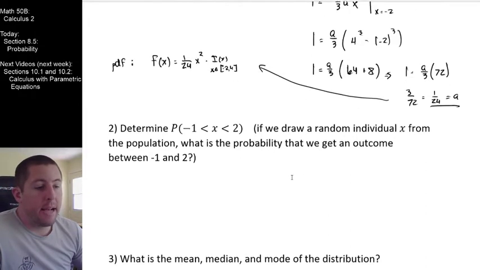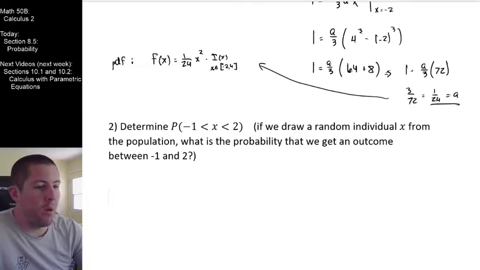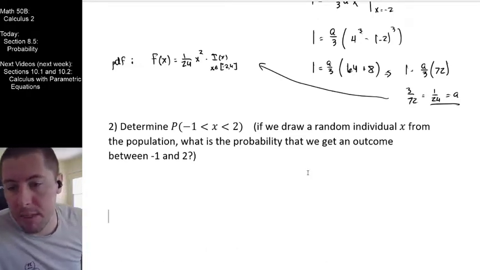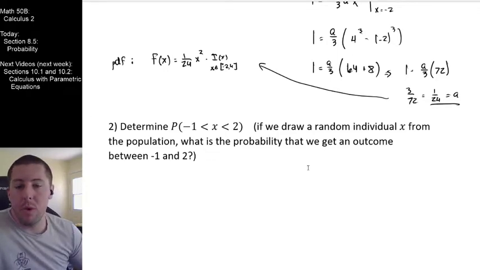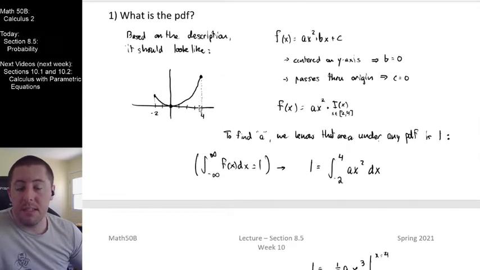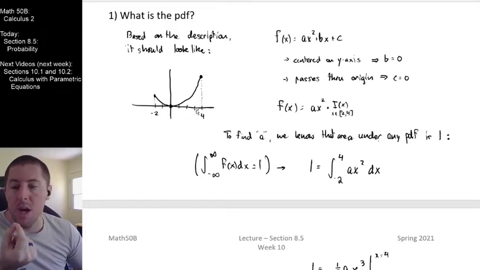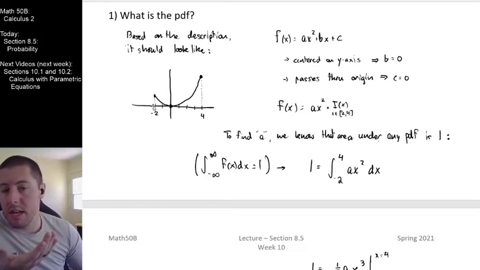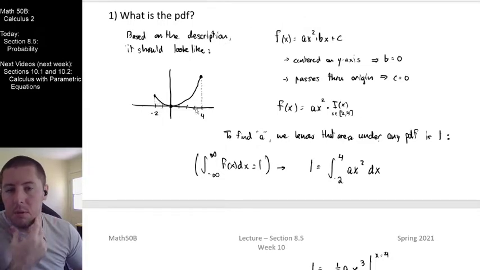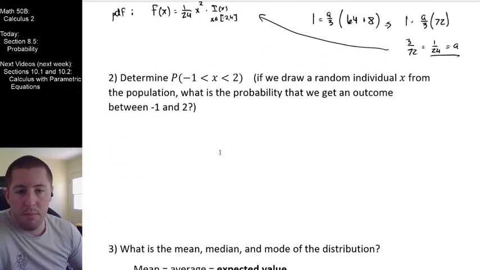Now what I want to ask is, what is the probability that a randomly selected x from this distribution would be between negative 1 and 2? What you should notice from this graph is that the most likely things are nearest to 4. We've got the greatest amount of probability near 4. If I was going to choose a one unit wide interval that's the most likely, 3 to 4 is by far the most likely interval. Things near 0 are our least likely outcomes. Getting things near negative 2 is also a little bit more likely, but not close to what it is from 3 to 4. The area underneath the curve is equal to the probability.